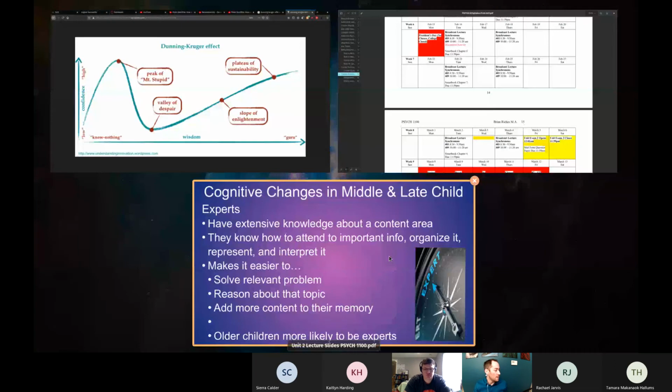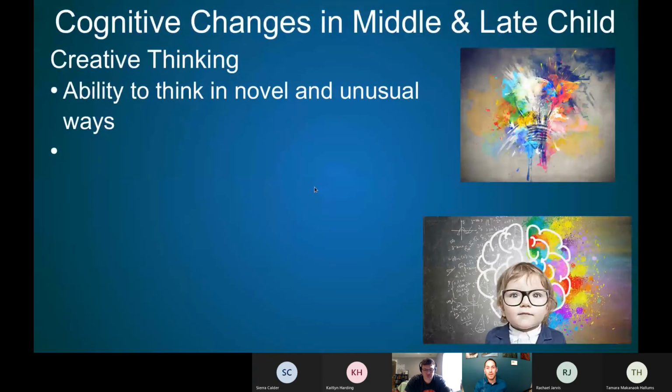All right. So the next thing we'll talk about is creative thinking. Oftentimes we think of creativity in the sense of art, being creative in music or painting or something like that. But really, creative thinking, as defined by psychologists, is the ability to think in novel and unusual ways. So you might say it's thinking outside the box, being able to come up with novel or different solutions to problems,